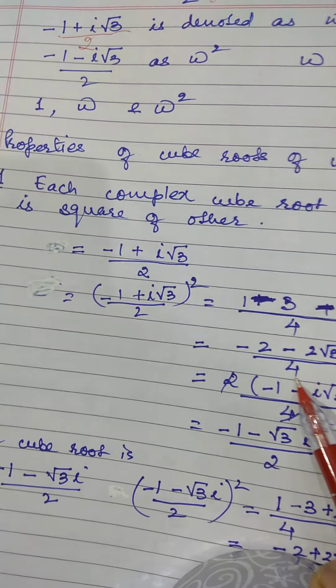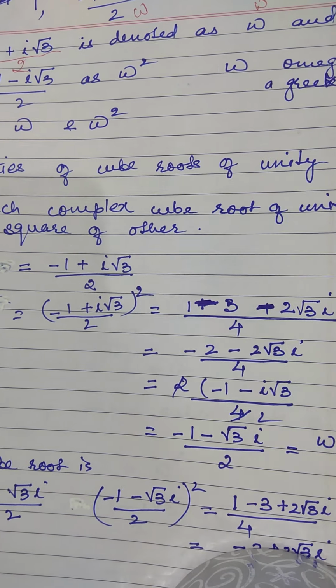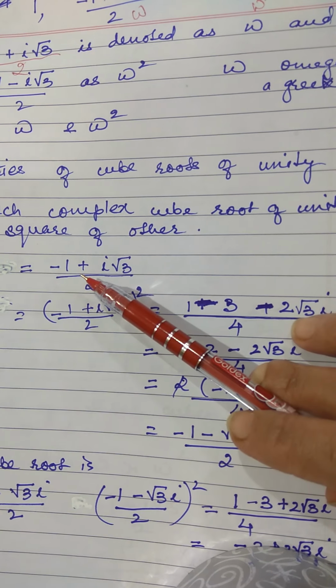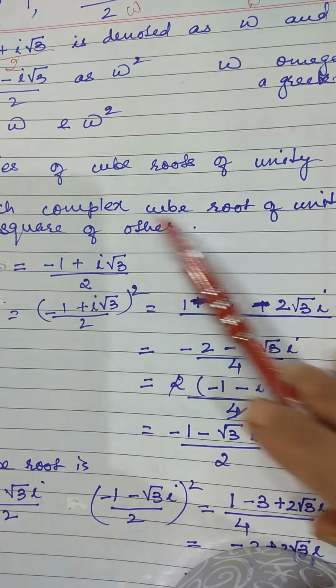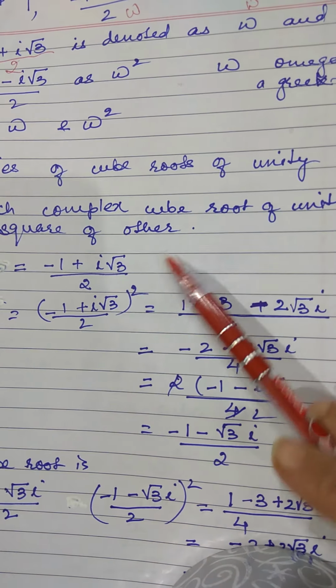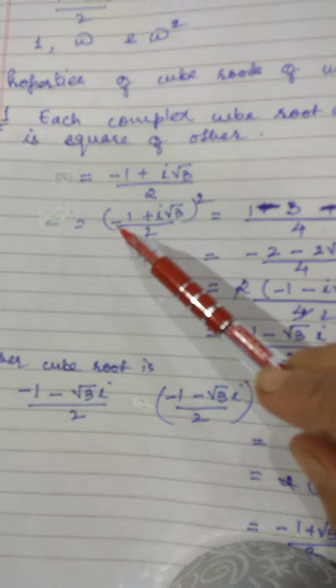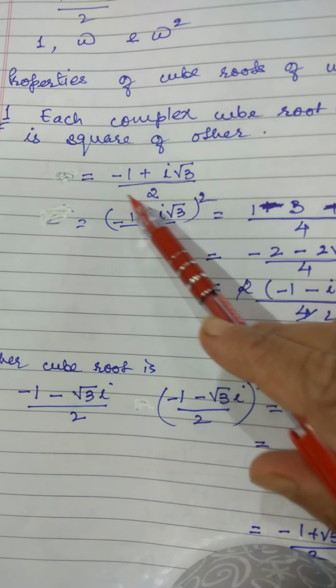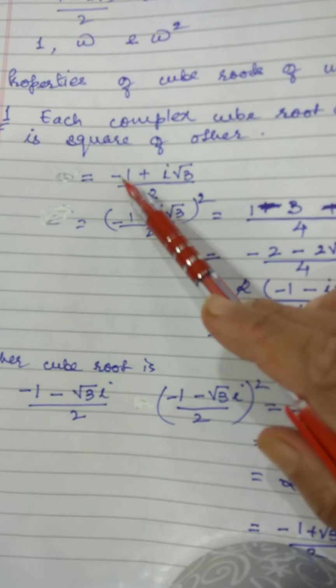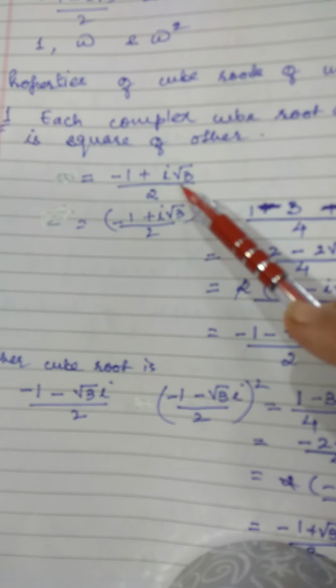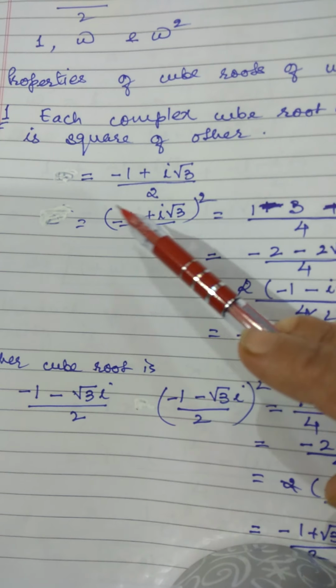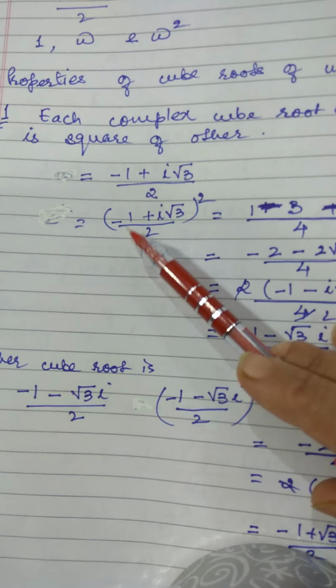Now, properties of cube roots of unity. First one: each complex cube root of unity is the square of the other. Let's prove it. Squaring, we are taking the first root, (-1 + iota root 3)/2, and squaring it. (a + b) square is a square plus b square